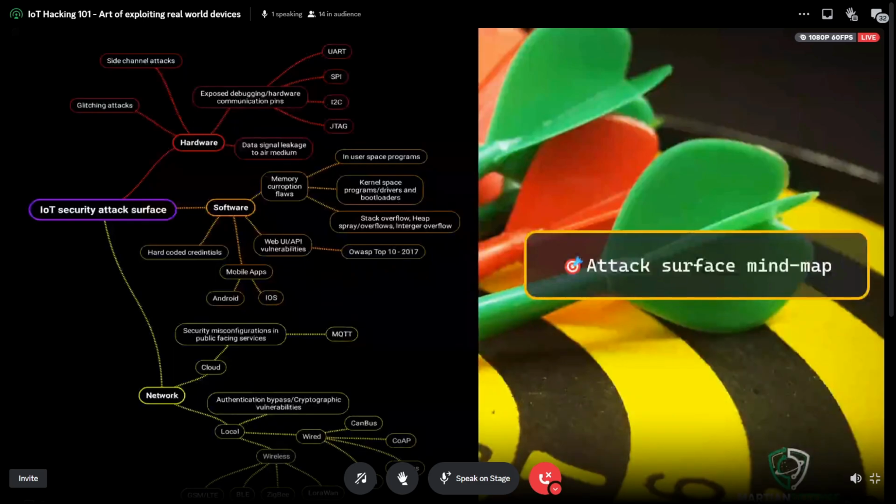On the hardware side, you have many of the attacks you see today, like glitching, side channel attacks, data signal leakage, and exposed debugging ports like UART, SPI, I2C, JTAG, whatever. On the software side, typical exploit development, memory corruption flaws.